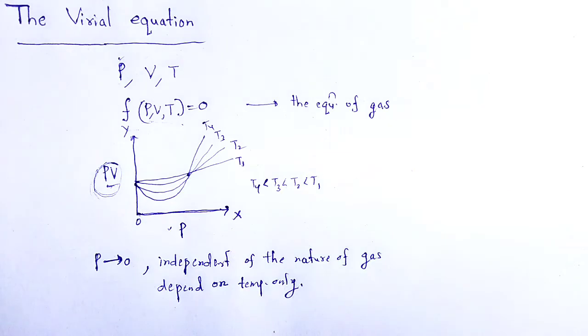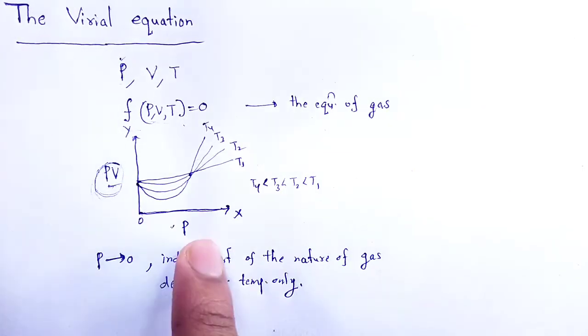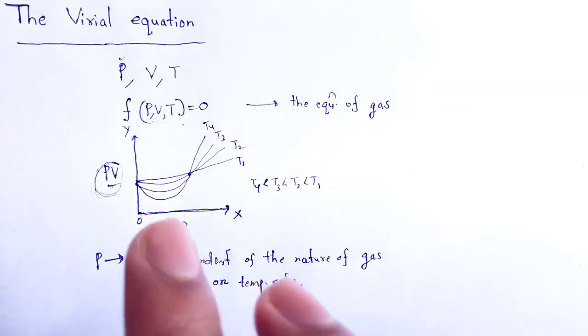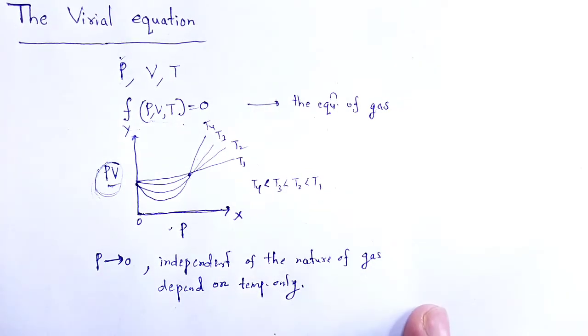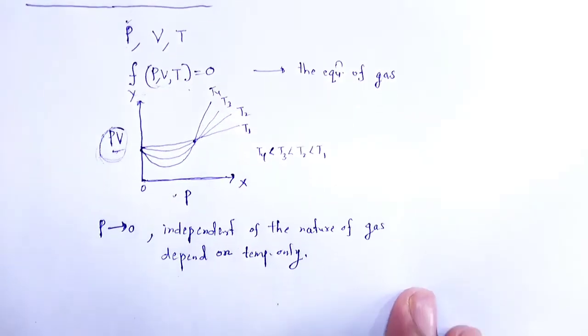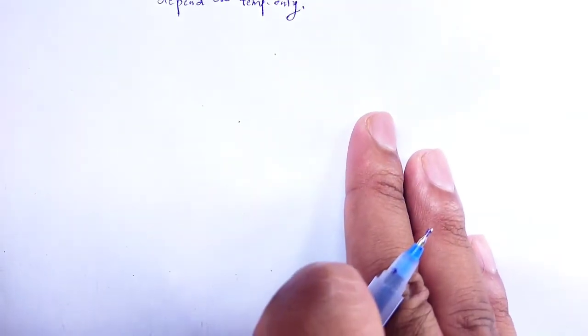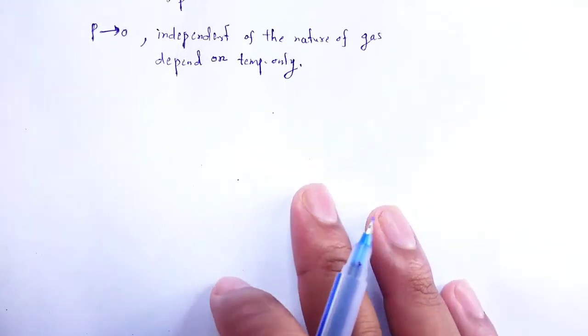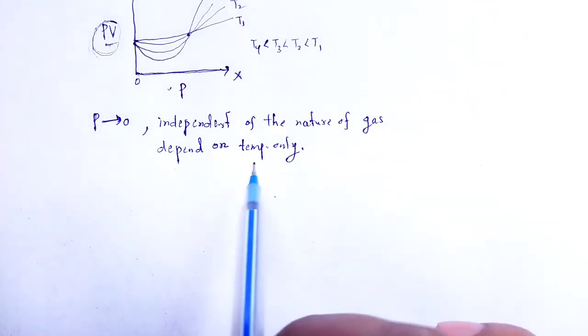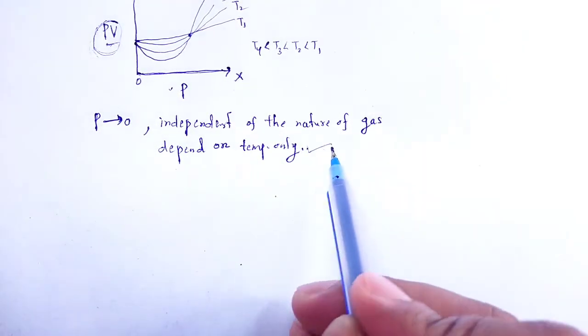Then what happens here? The relation between PV and P can be expressed for a real gas by means of a power series, which is known as the Virial expansion of the gas. Since we know that at P approaching 0, PV is independent of the nature of a gas but depends only on temperature,